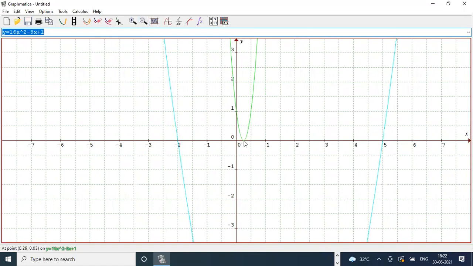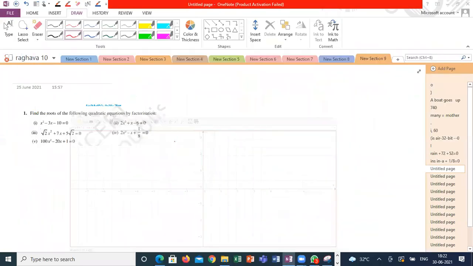But if it is touching, that means the values are decreasing to this value and again increasing from the same value. That's the reason the solutions of the equation sometimes are the same values. Both solutions being the same means the graphical representation of this expression is touching the x-axis. If I get two different solutions, it is intersecting the x-axis. If it is neither intersecting nor touching, that means there is no solution.